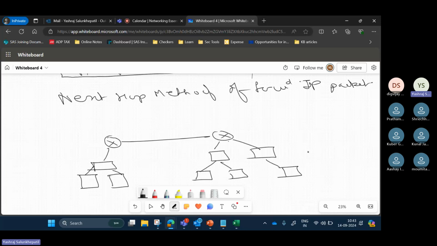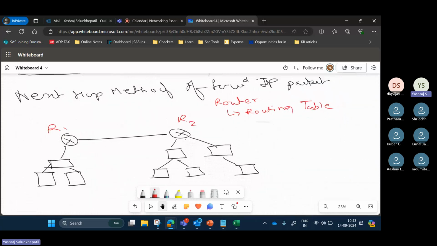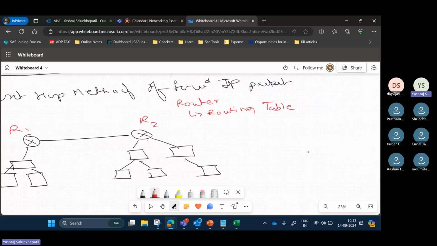Okay, so this is router 1, router 2. A router has something called a routing table. What is this table? This table is nothing but has addresses of the networks, okay, of the next network.